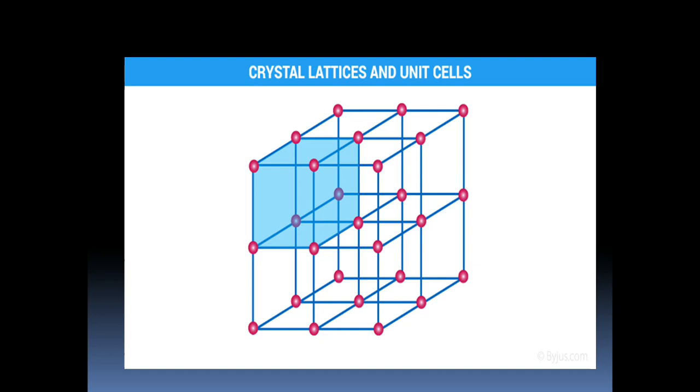See this figure. In this figure, the red balls indicate the lattice points. And the three-dimensional arrangement of the crystal lattice is given in the form of a big full cube. Is it clear? Now, one point you have to note, students: actually our particles are closely arranged, but it is difficult to represent it in a two-dimensional way.